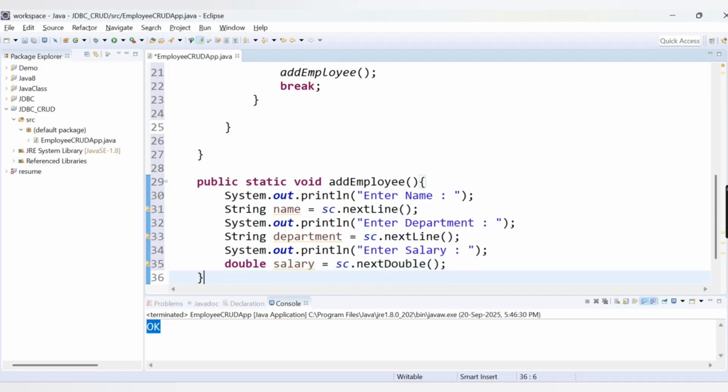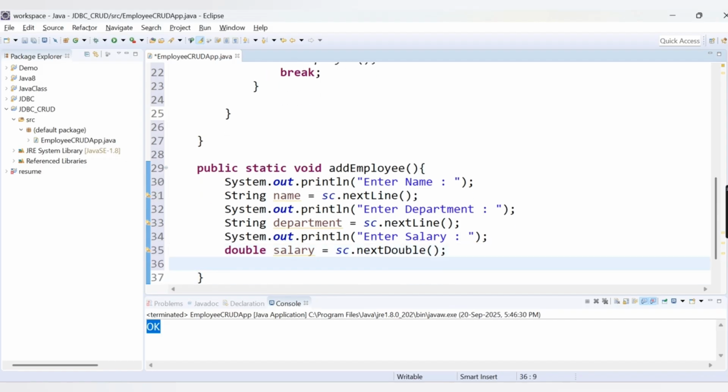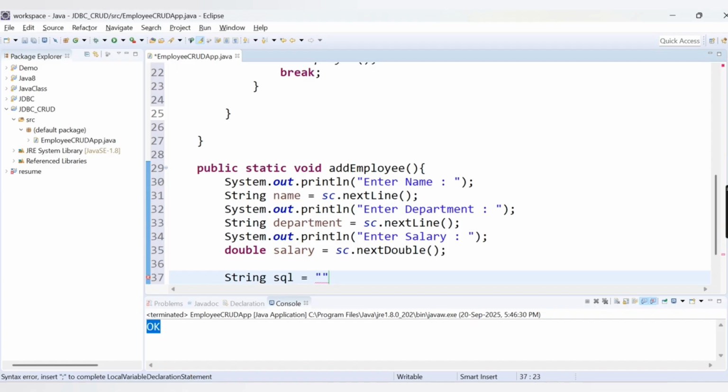Now after that, what we need to do, we need to create a SQL query to insert it inside a table. So here I need to declare one more variable, String sql, and here I need to write the query. So what is the query? To write or to insert data into a database, it is an insert query, right? So I will say insert into table name. So our table name is my employee, so I will say here myemployee, and what we need to enter,